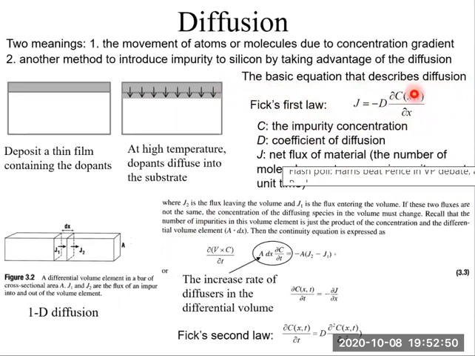Note that C is the impurity concentration, which is a function of both position x and time t. So this J is the net flux of material, the number of